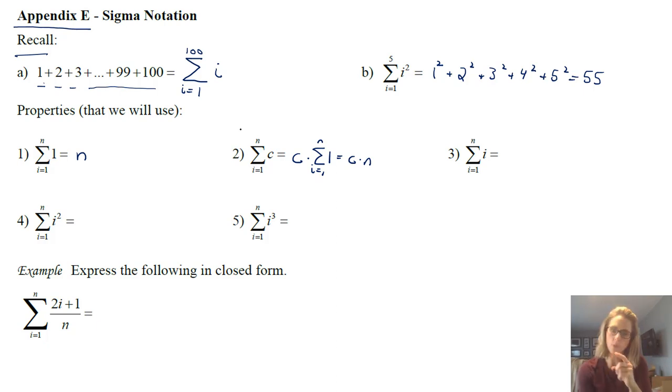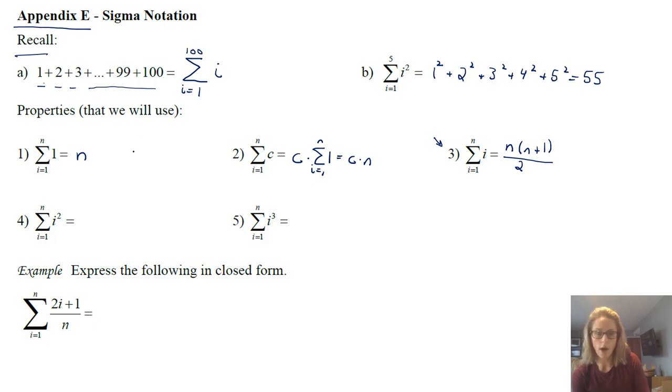Now, the next one for i is similar to both of them that we've seen. However, this one, number 3 here, follows a very specific pattern, and this is something you could prove using induction if you did that in your pre-calculus class. But there is actually a formula for this, and it's n times n plus 1 over 2. This is a party trick you could bust out at any time. If you know how many values you're adding up, you know what your n value is, then instead of doing a whole bunch of work, the answer is simply n times n plus 1 over 2.